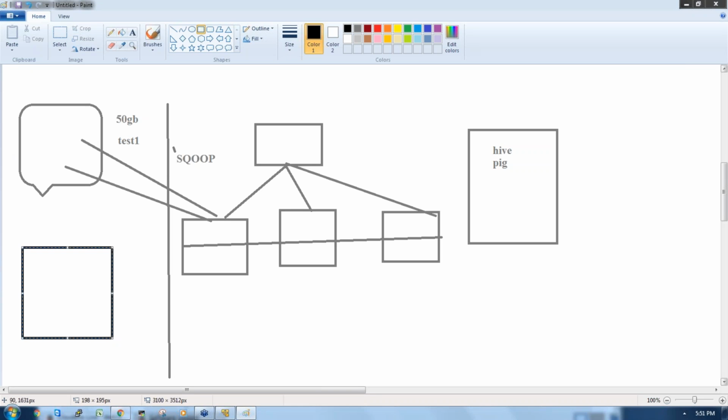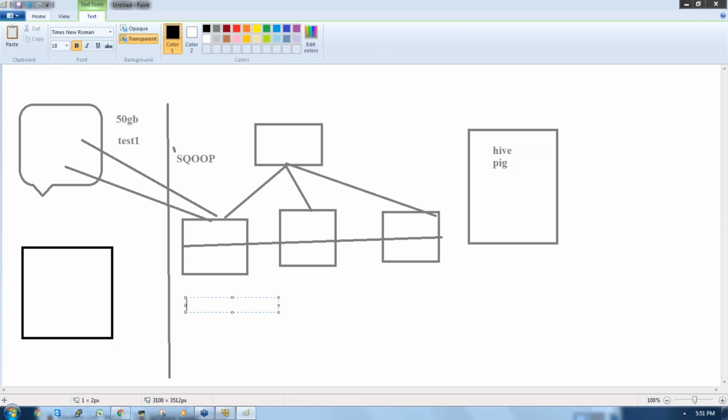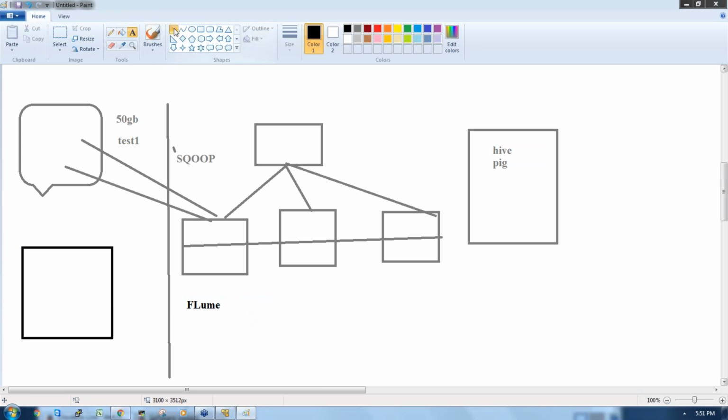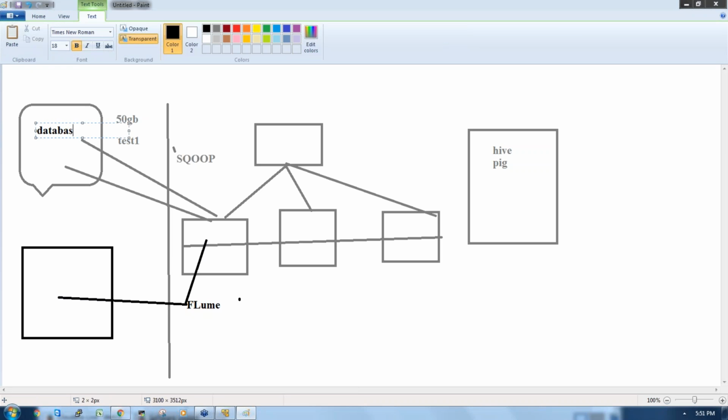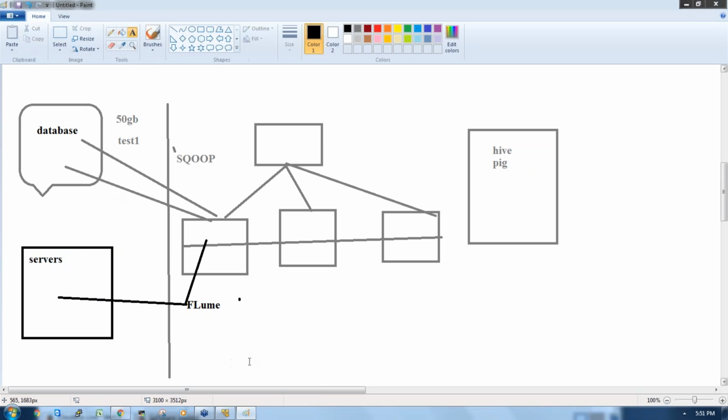Okay, so when the data is available in a server, or the data is moving through the server, then I have one component in Hadoop available, that is Flume. With this component Flume, I'll collect the data from the server and write the data to the Hadoop cluster, right? So Flume is a component which collects the data from the server. So this is the database, and this is the server where the data is available. Now with the component Flume, we collect the data from the servers and write the data to the HDFS Hadoop